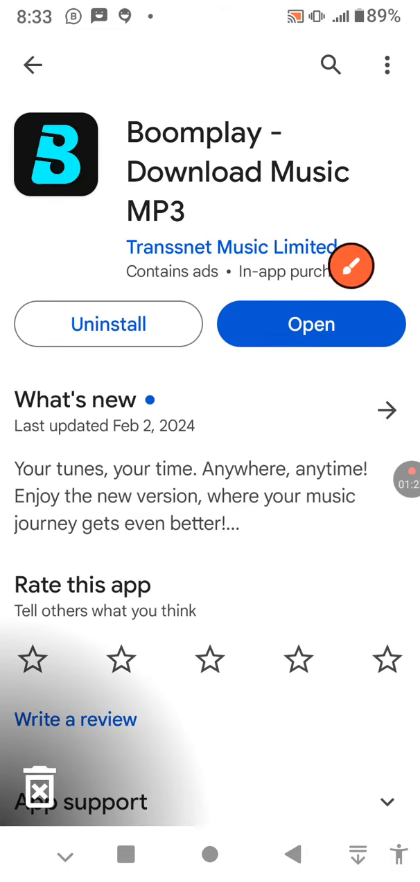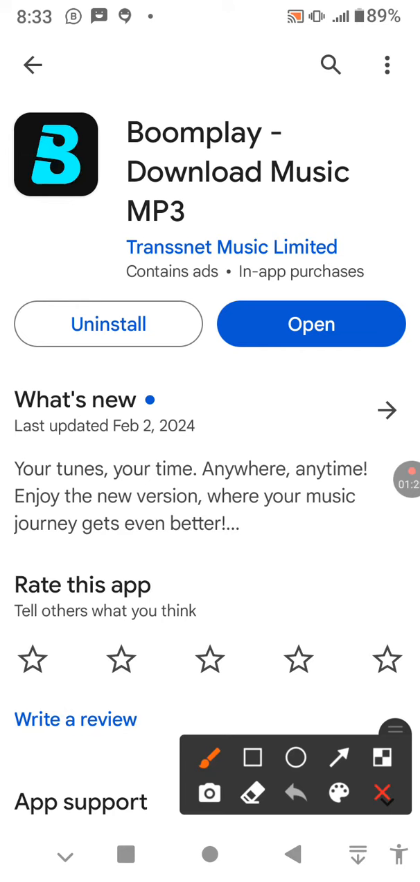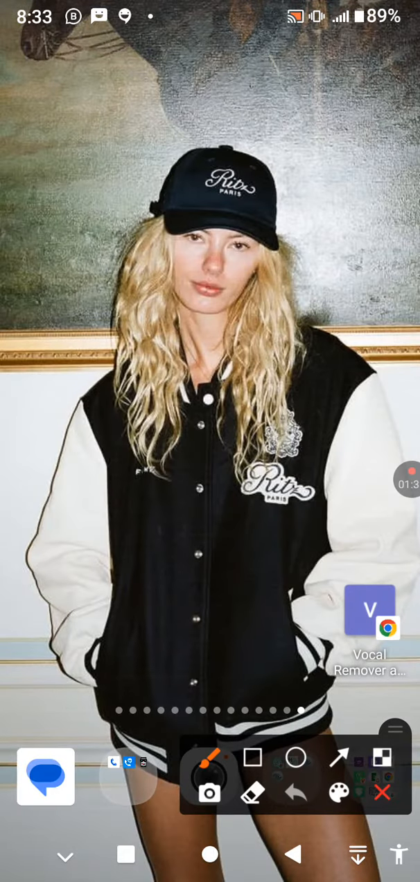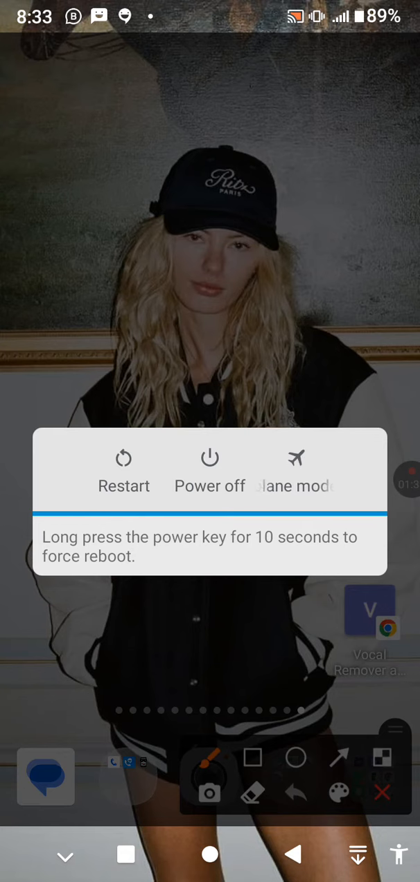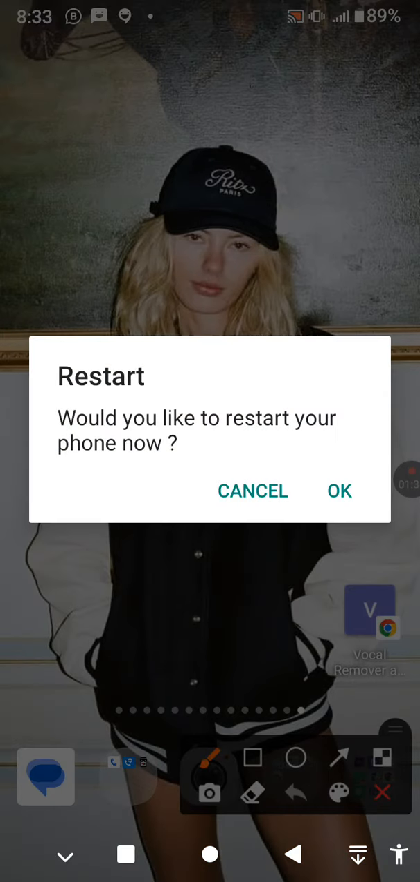So after getting the latest update of it, what you have to do is to try to restart your device. So tap on the power button for some while, tap on restart and tap on OK, and this problem is